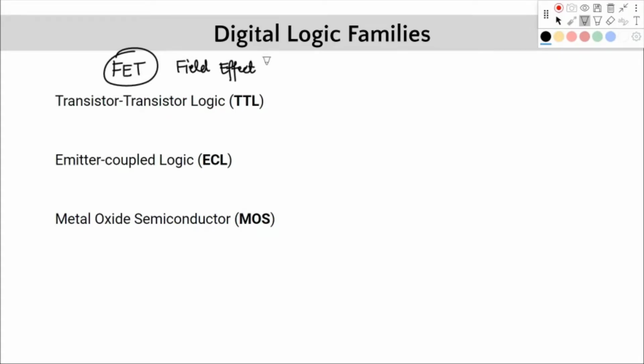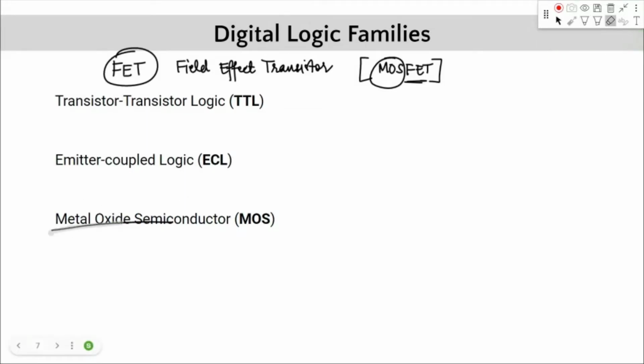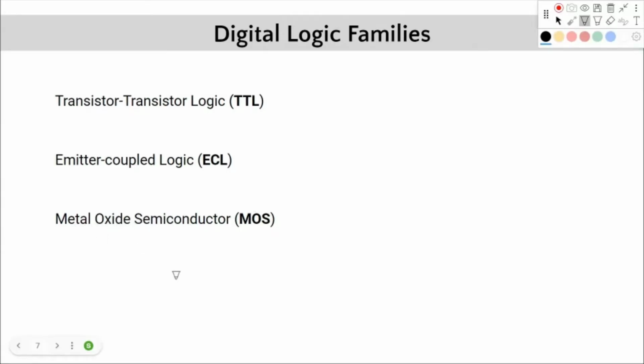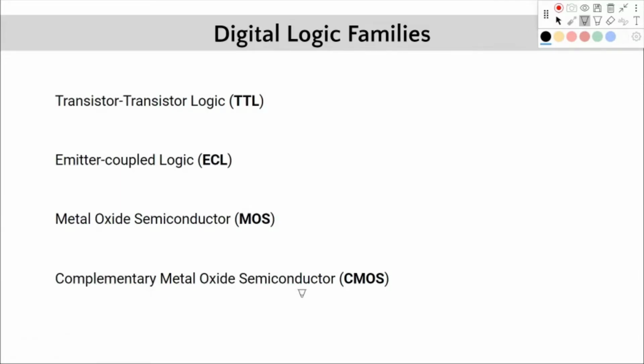This you will study later. It's not a part of this course, but today's technology is often dependent on it; the ICs that you see today are mostly MOSFET based. So FET is this field effect transistor and MOS stands for metal oxide semiconductor. MOS, metal oxide semiconductor. And the last one is complementary metal oxide semiconductor. This is also, you can say, an extended form of MOS.